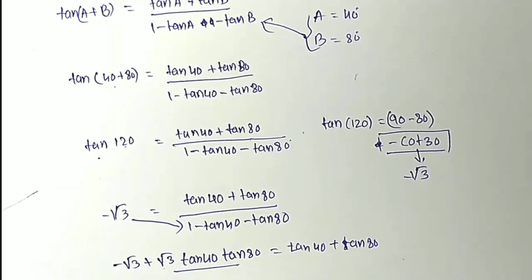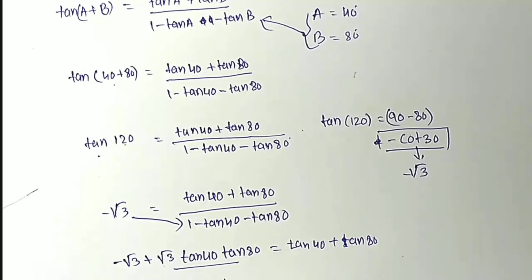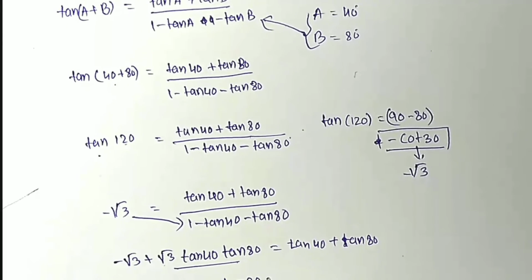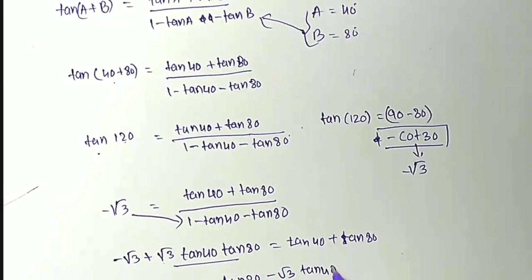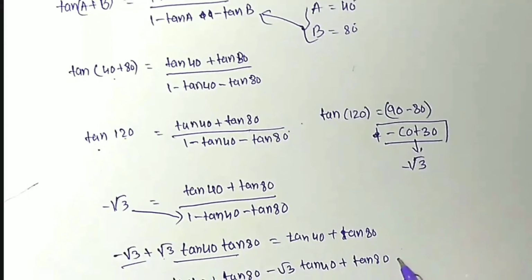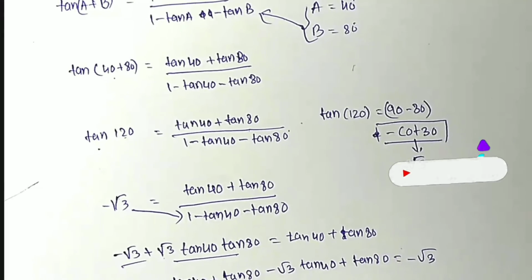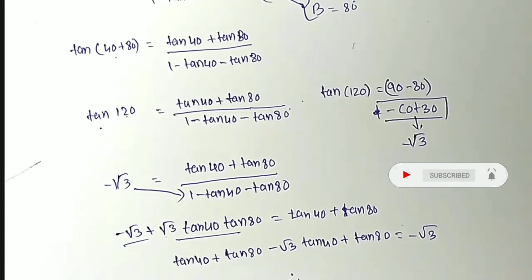Here in this place, tan 40 plus tan 80 minus root 3 tan 40 tan 80 equals minus root 3. Hence proved,